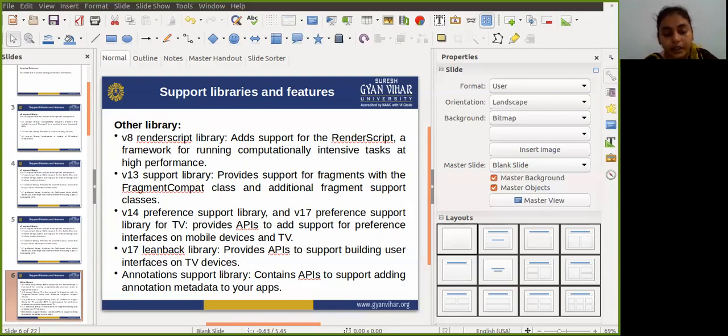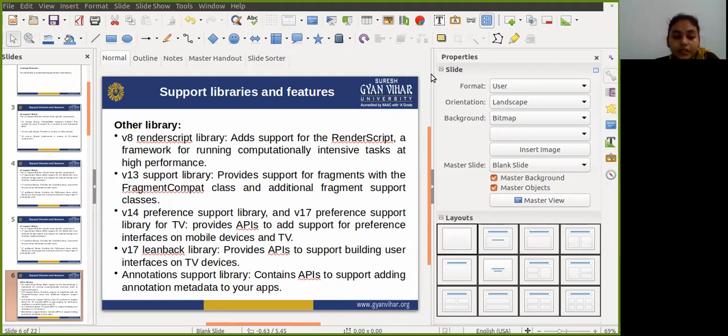The next component is the design support library. It mainly adds support for various material design components and patterns such as the navigation drawer, floating action button, snackbar, and also tabs.